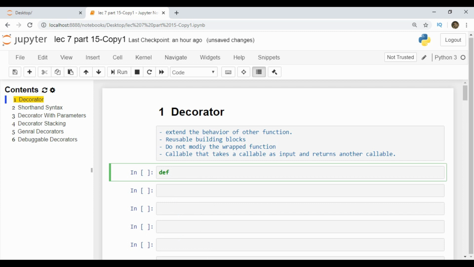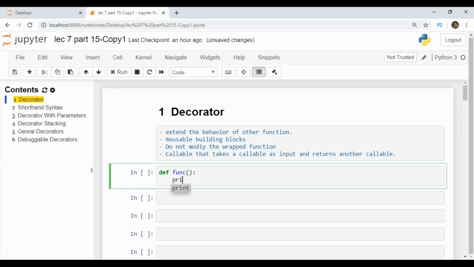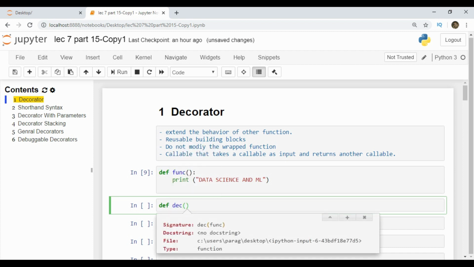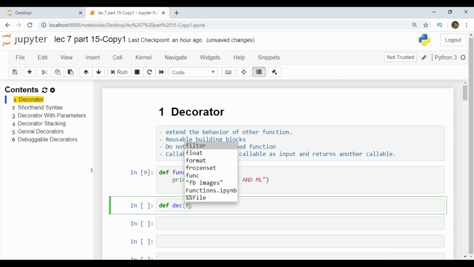We are writing a normal function, func. This function is a normal function wherein we print a statement: data science and machine learning. Execute the cell, the normal function is created. Now you have to create a decorator. def, and you give the name of the decorator as dec. It will receive another function as an argument. Let the argument be f,